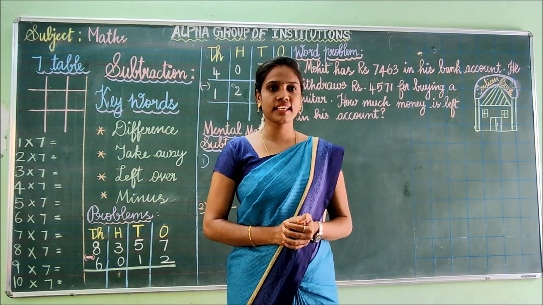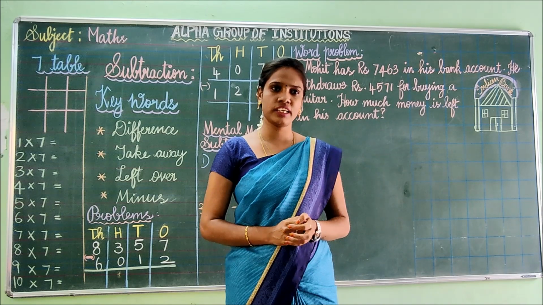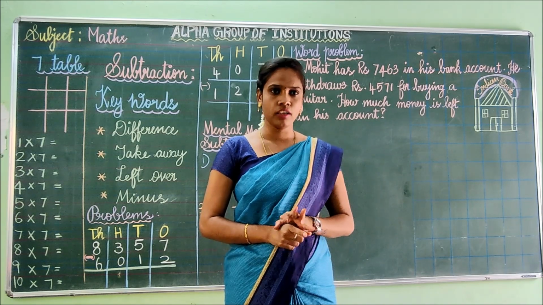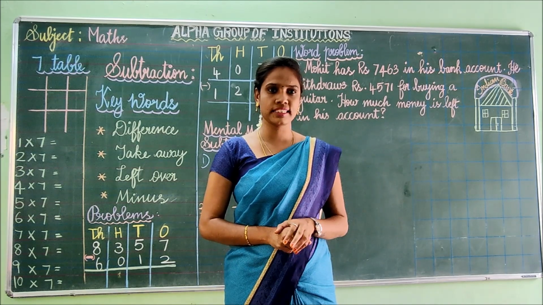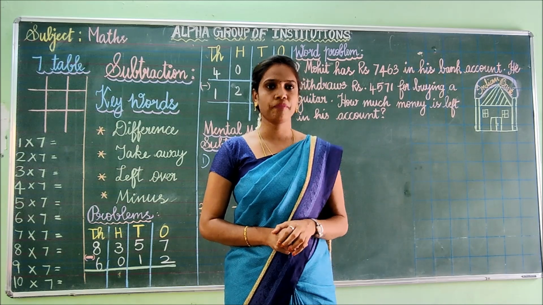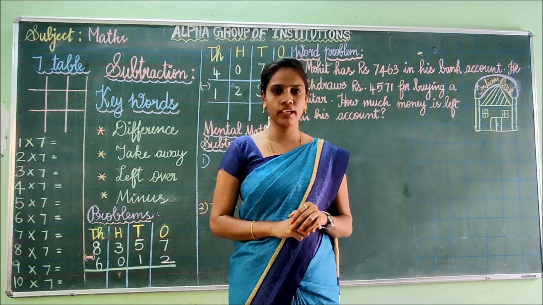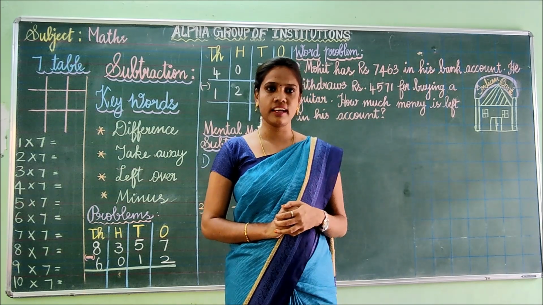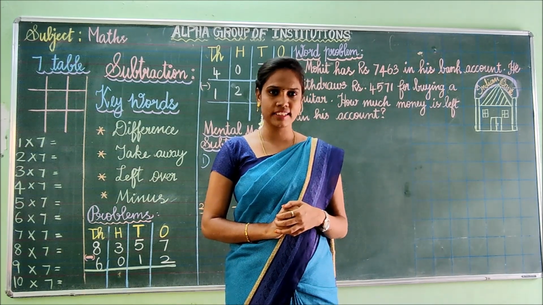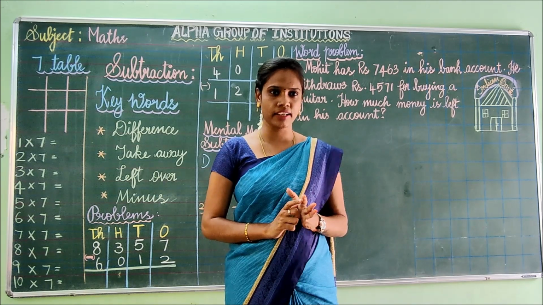Yes. So last class what we have seen? So we have seen 6 table. Have you all known the tricks of doing the 6 table? Yes children, fine. Now today we are going to see 7 table. And last class what we have seen? Addition, right? You all practiced addition? Yes, very simple, right?